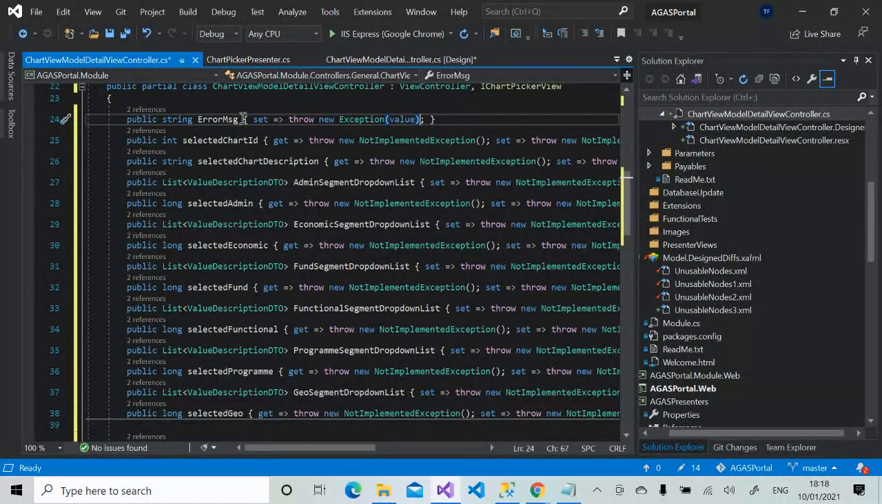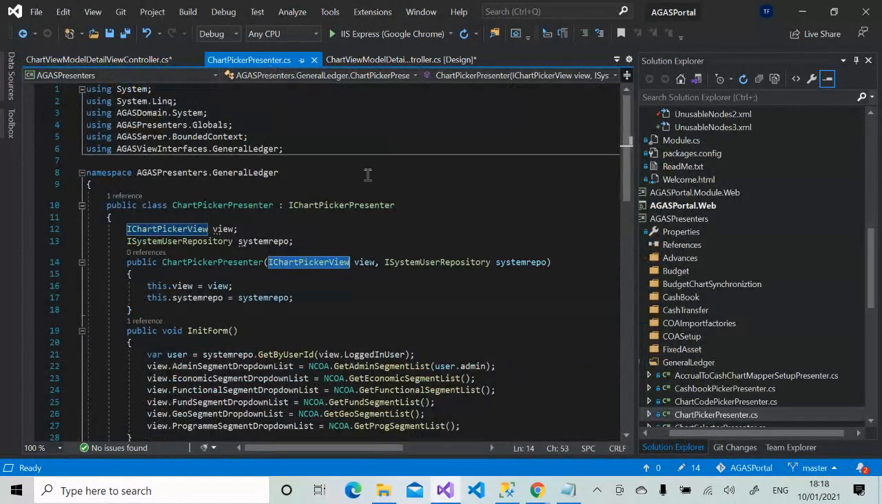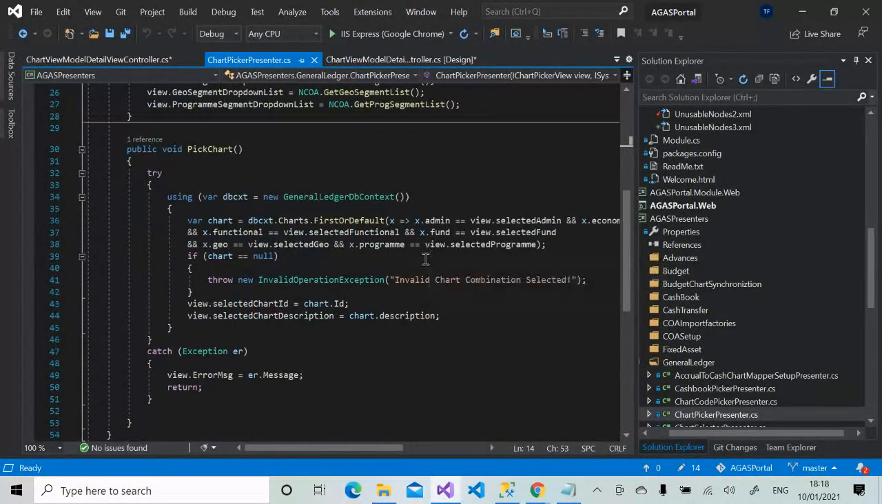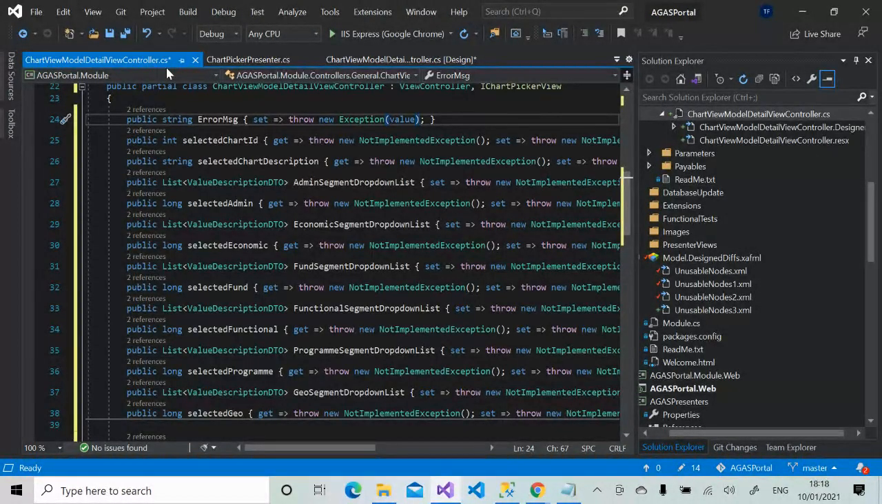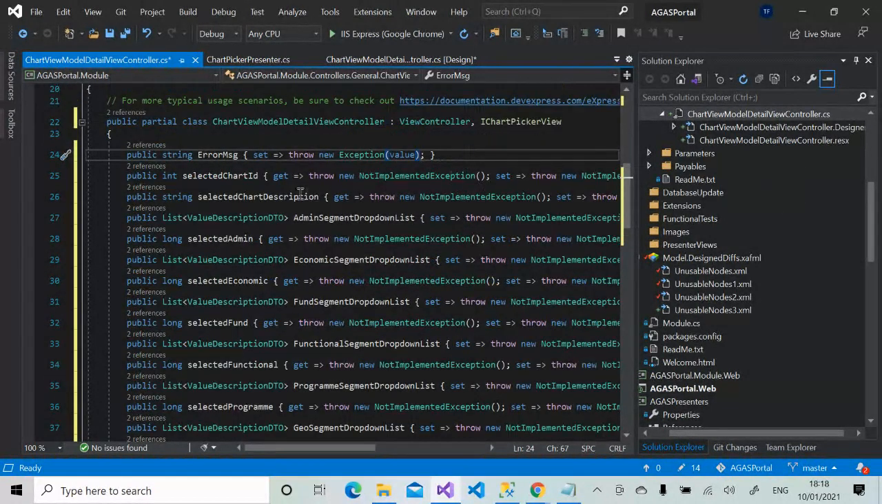That was brought the error message. Now, when a chart is selected, let me see the presenter. Okay, so it's going to tell us about the chart and the description of the chart. Okay, so once the chart is selected, the ID is given to us. So what it means is that we need to keep it